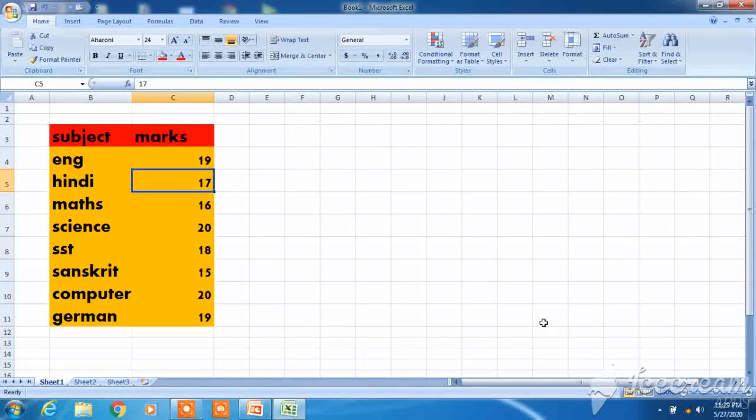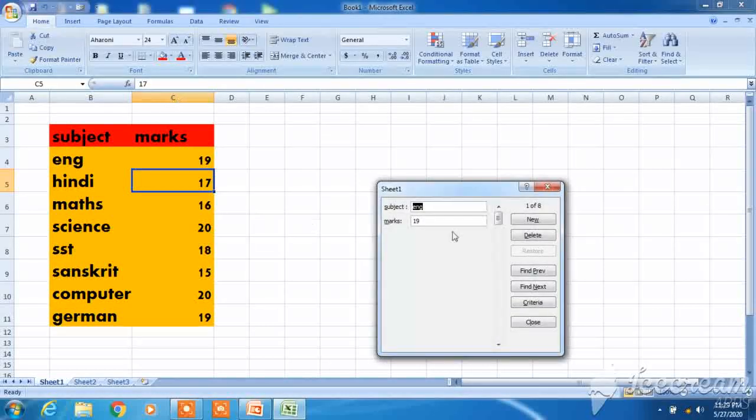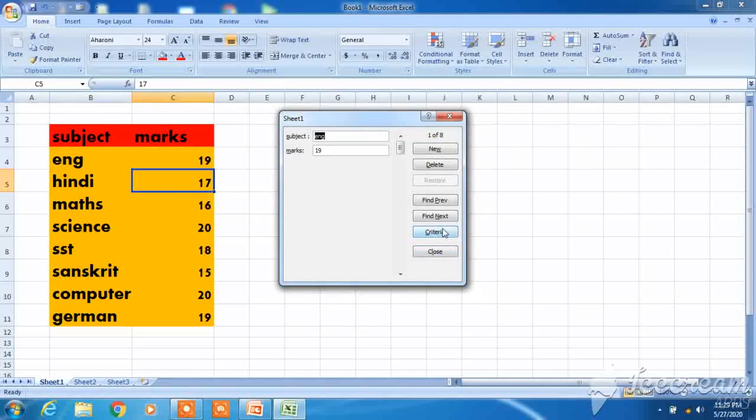Close it. And suppose I go again to criteria and enter GK, which is not there in our database. Now what will it show? It will show the first subject record. It is by default. If you enter any subject that is not there in the record, it will by default show the first subject. Clear?